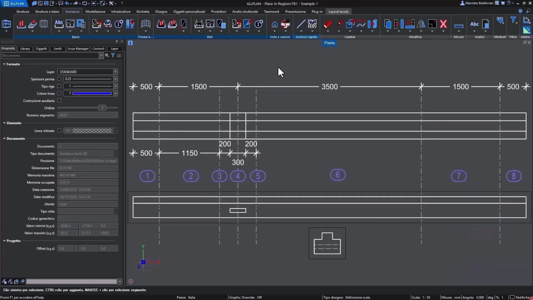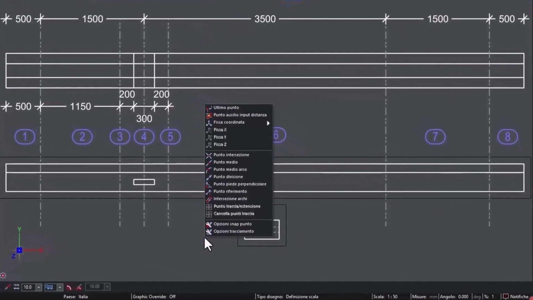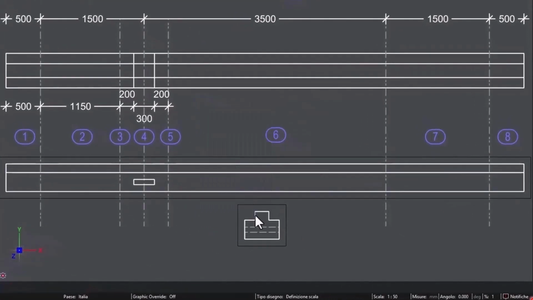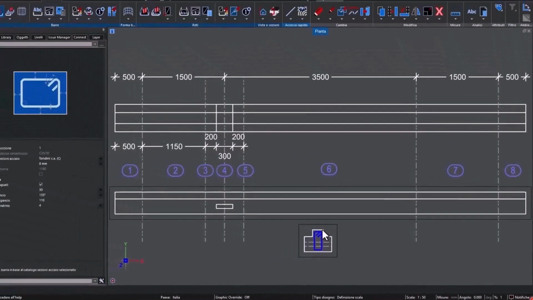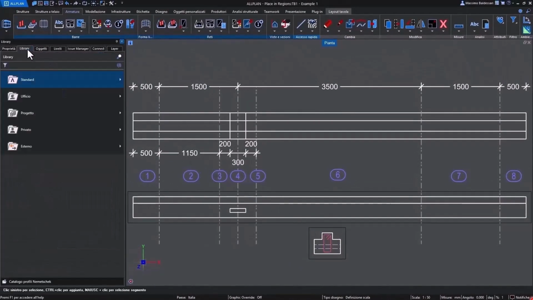So first of all, we are inside Allplan. Within Allplan, I have created a section of my beam, and initially, thanks to the shaped bars feature, I manually draw what could be my stirrup, indicating the vertex where I want to generate my hook. After that, we move into the library standard Python part,